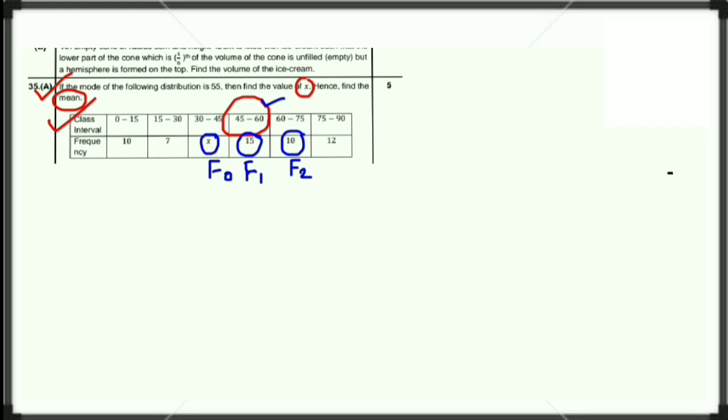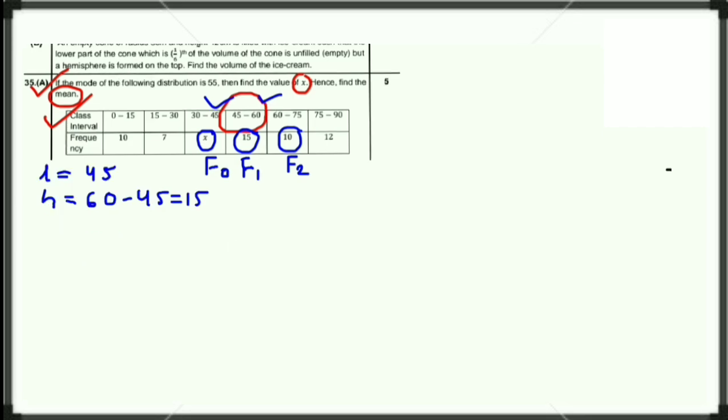Besides this, from this modal class, we need to find L, that is lower limit is 45, and height, that is the difference between lower limit and upper limit, 60 minus 45, then height will be 15. Now we have the formula for finding mode. That formula is